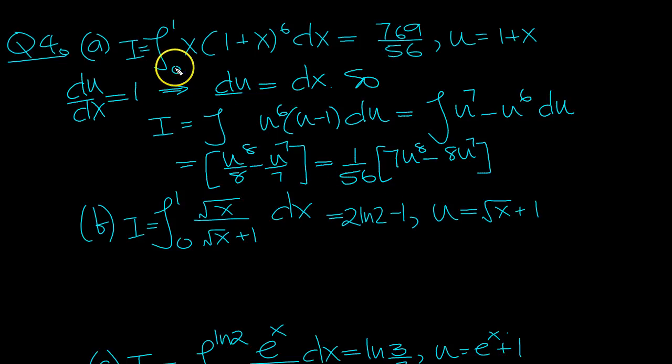Now we know when x is 0, u will be 1. So that's the value here. And when x is 1, u will be 2, won't it? So that's what we need to work out. Let's try and do it here. 1 over 56. Put 2 in and 1 in. And it's a simple calculation. Hopefully you get 769. So I'm going to leave you to worry about that calculation,